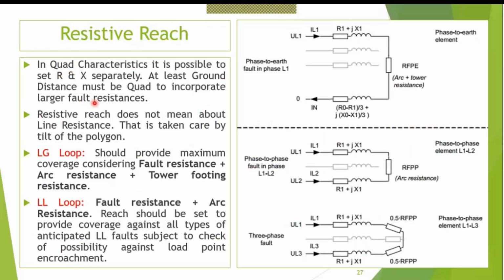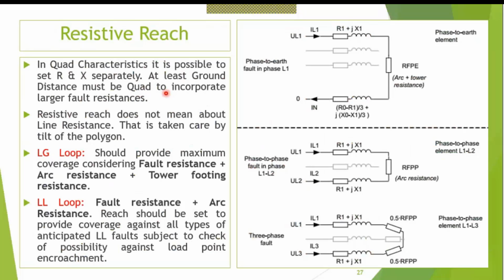Now let me cover this one. There's a concept called resistive reach. Resistive reach is very easy, but you need to understand one thing: LG loop and LL loop. There's a term called loop resistance and phase resistance. Now in quad characteristics, what is possible is to set the RNX separately. You all know that. So ground distance should always be quad to incorporate larger fault resistances, because this tree and